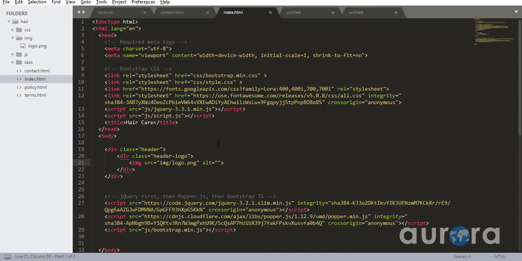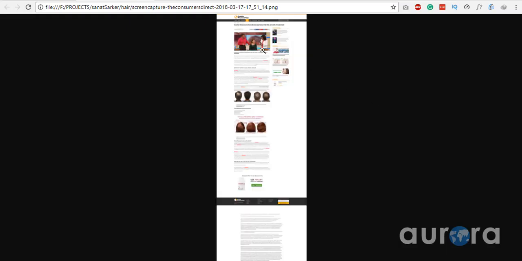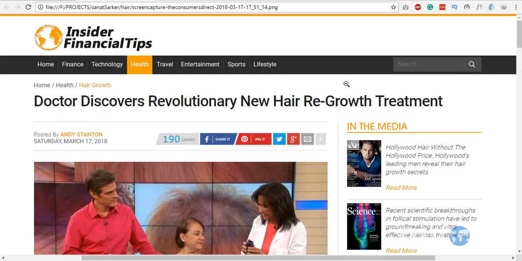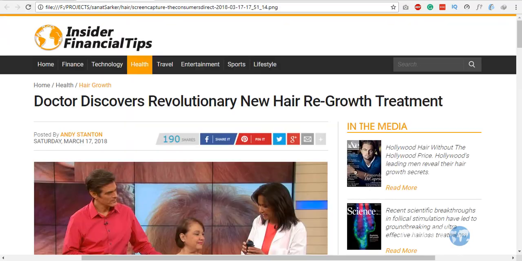Now the logo is set. I also want to add a Bootstrap class, img-fluid. It will make the image responsive for us. Okay, let's see how it looks now in the browser. Oh, sorry, I made a mistake here. Here it is. Our logo pops up here, but we want some space here, so I should have